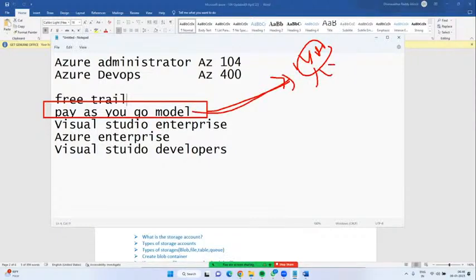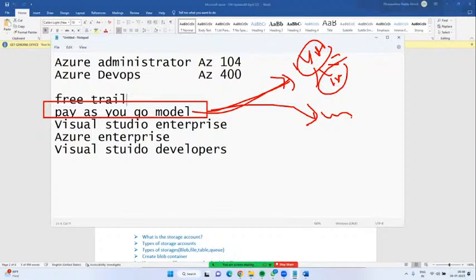Whatever services they deploy, they can consume for 1 year. After 1 year, they will go and delete this subscription. The moment they delete the subscription, whatever services we deployed under it will get deleted. So the budget will be stopped, and we are away from that project.